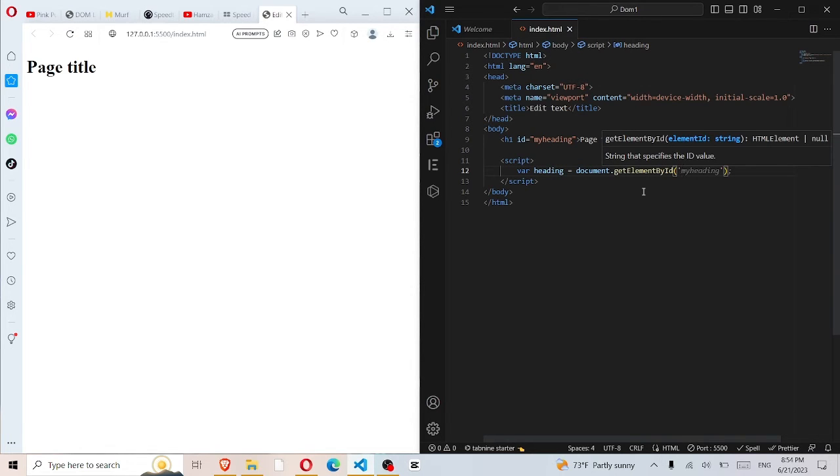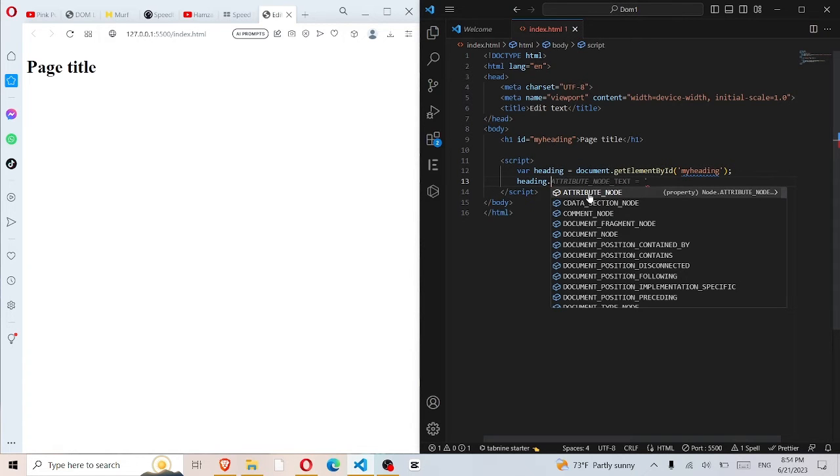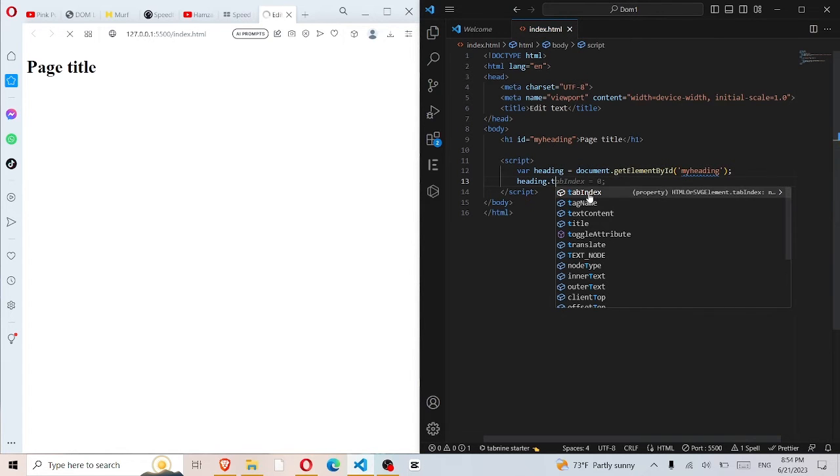Edit text. <h1 id="myHeading">Page Title</h1> <script> // get the element using getElementById and modify its body. var heading = document.getElementById("myHeading"); heading.textContent = "New Title";